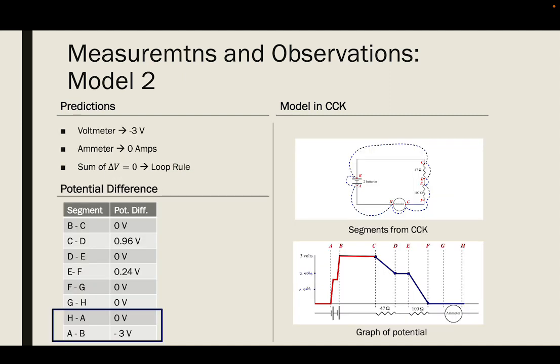On this slide, you can see measurements and observations on the same circuit but at different segments, as indicated on the first screenshot on the right side. At the bottom left corner, there is a table recording potential differences at each of the segments, and at the bottom right, I have included a complete graph illustrating potential. As predicted, the fact that potential difference is 0 on some of the segments illustrates the loop rule and the